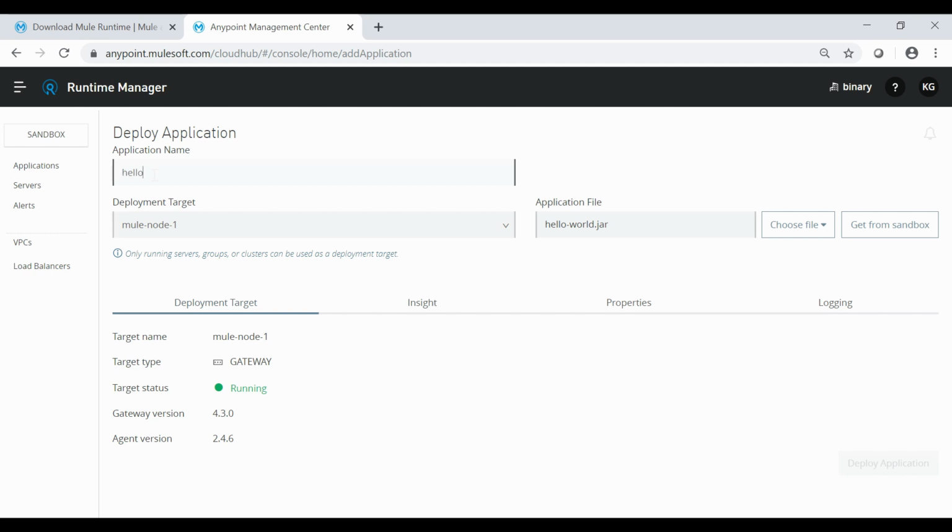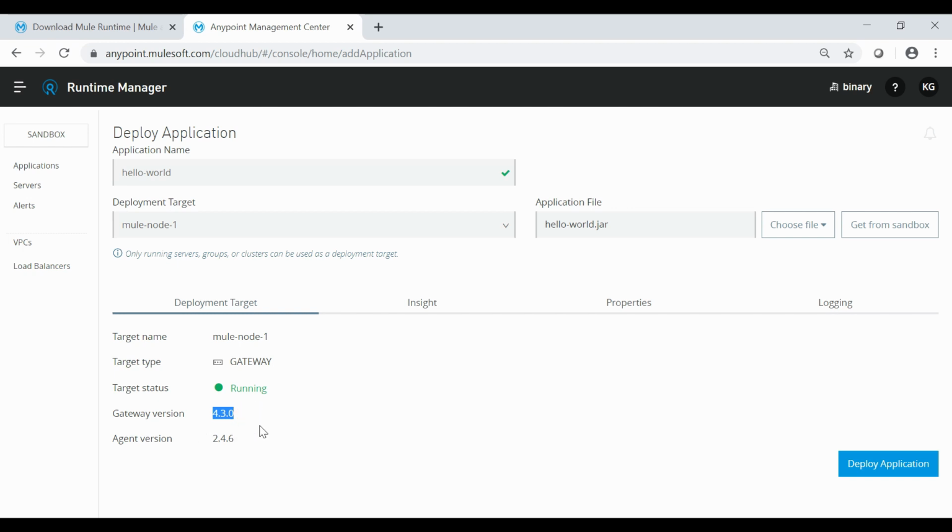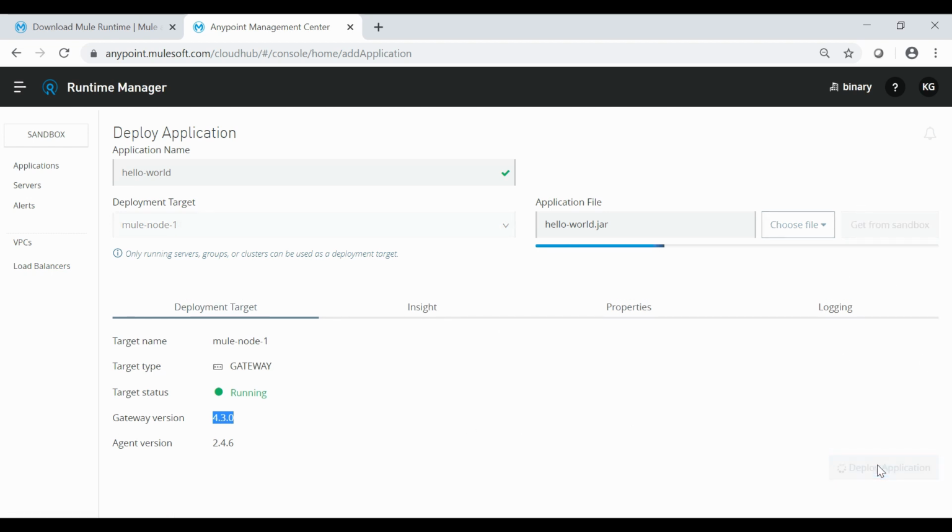I'll give the name Hello World. This is on server runtime 4.3.0, and other properties I'm keeping the same, and let me click on deploy application.